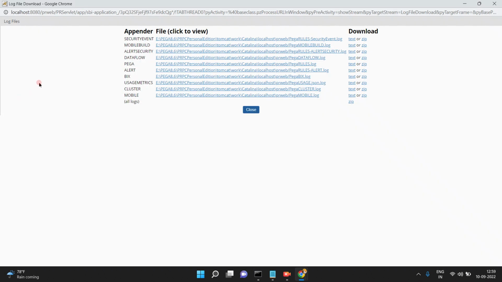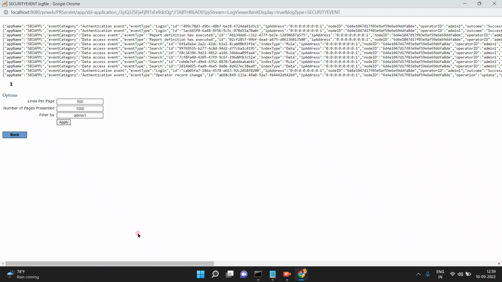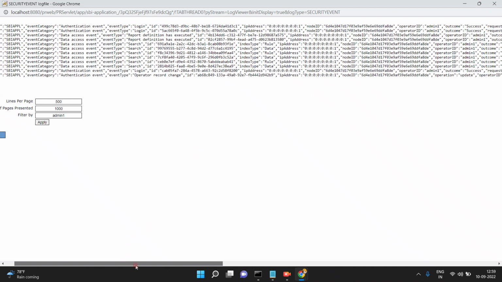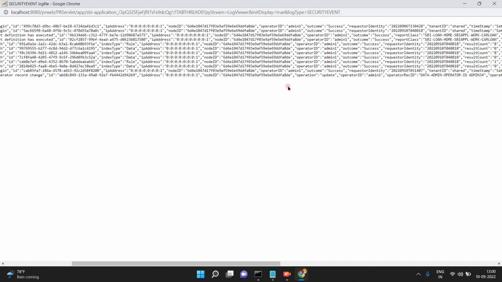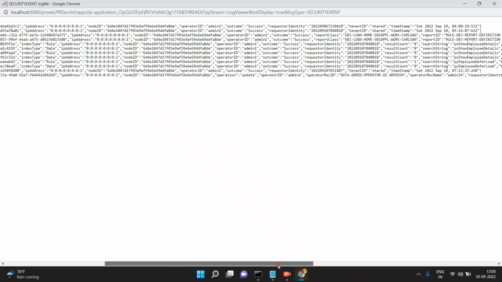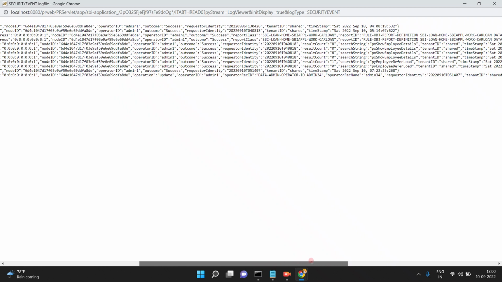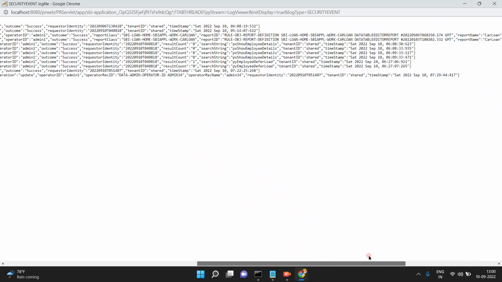Now go to the system operations log files, security event log files. See here: operation update, operator ID admin 1, operator record admin 34. So operator record name and admin 34,